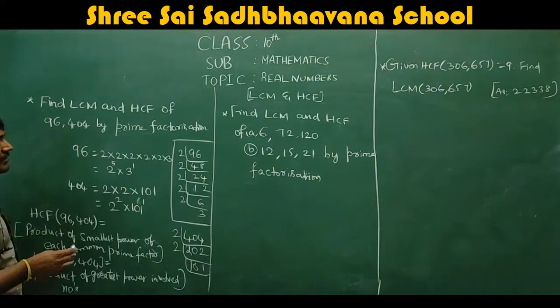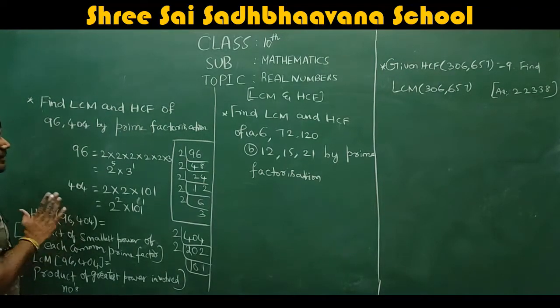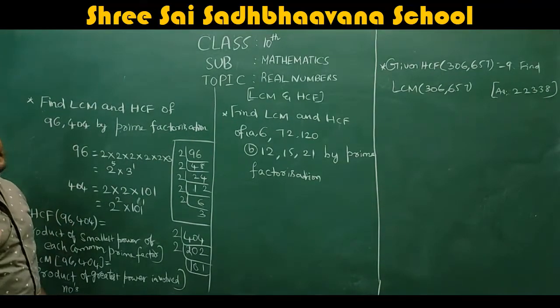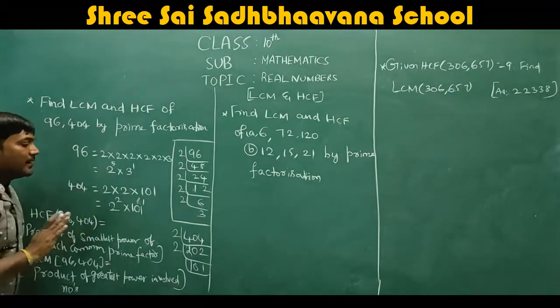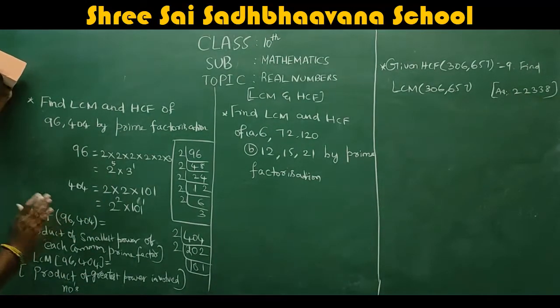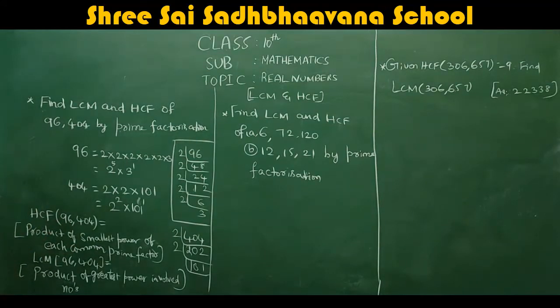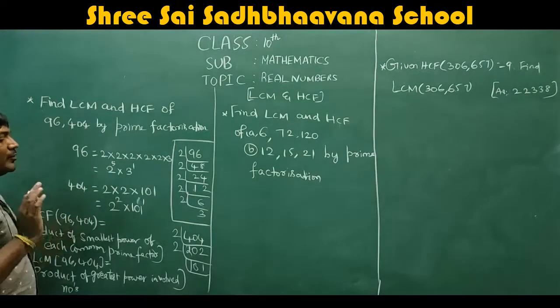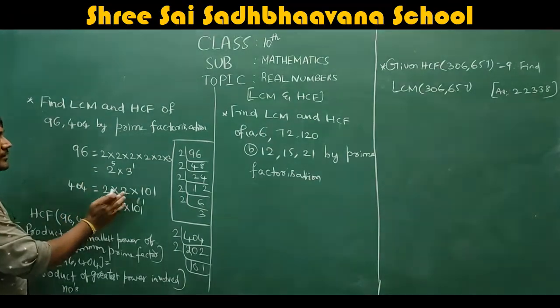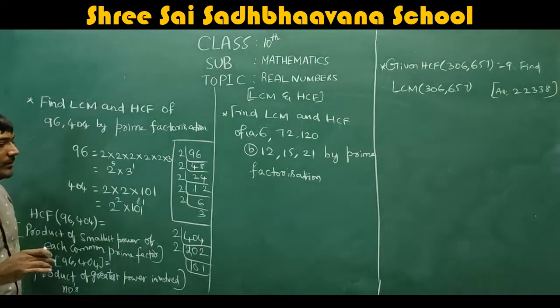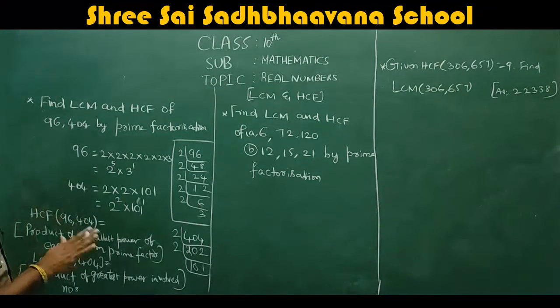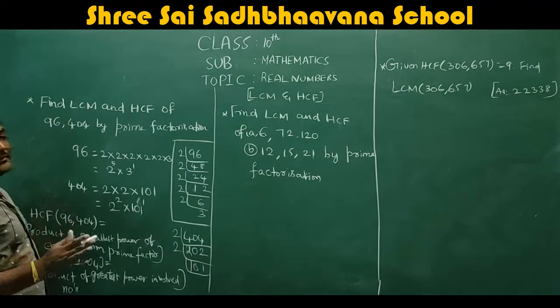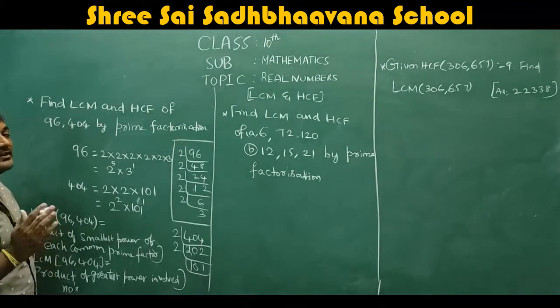For HCF, first you see the common numbers. Whenever you consider HCF, you always see the common numbers and leave the other numbers. We never take a number which is not common. Remember that. We will take only the common numbers. So in these two numbers, which are common? Basically, how many numbers do we have? 1, 2, 3. Three numbers are there. What are those numbers? 2, 3, 101. You leave powers; repeated ones don't take. So we have three numbers: one number is 2, another number is 3, another number is 101.